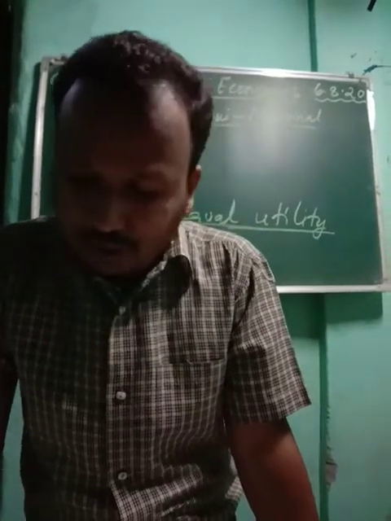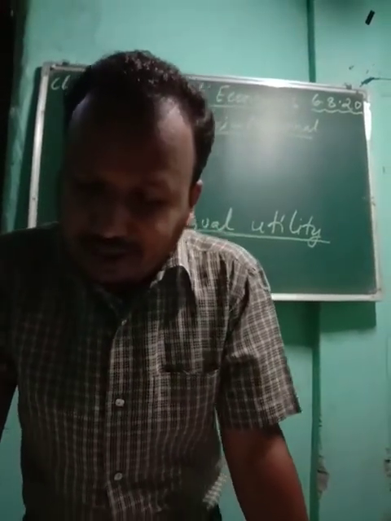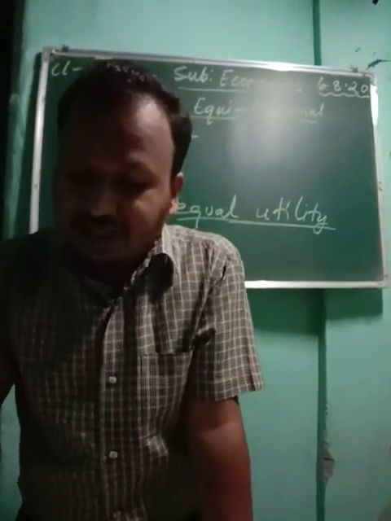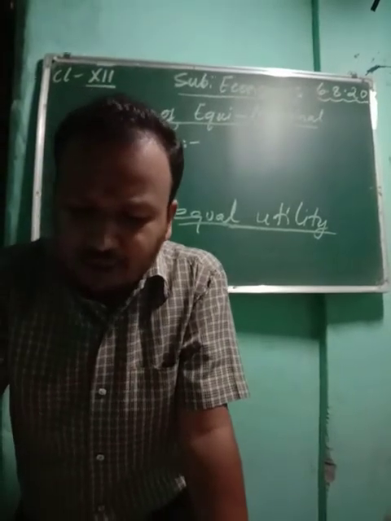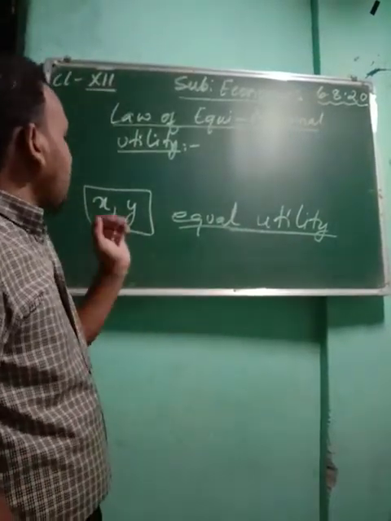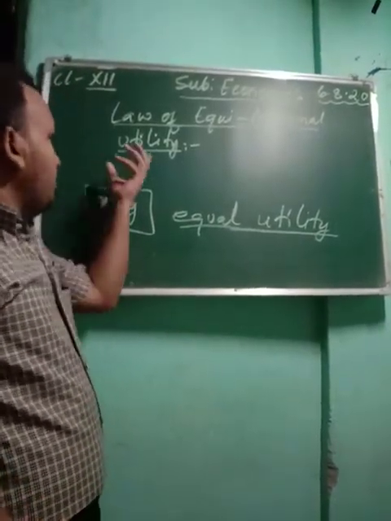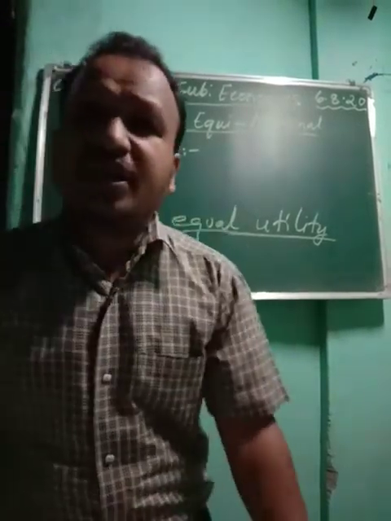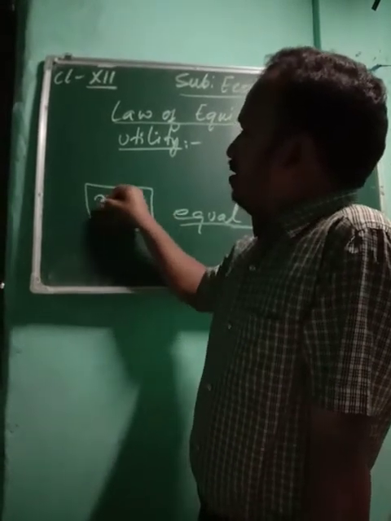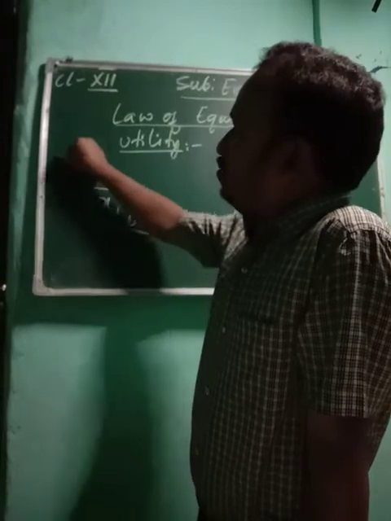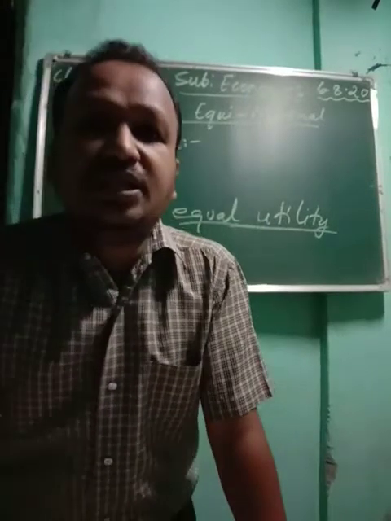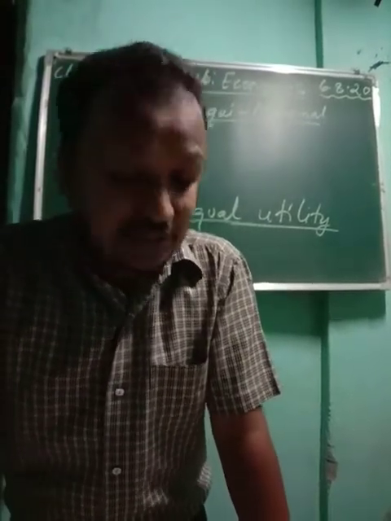So again I'm saying, law of equimarginal utility states that if a person has things which he can put to several uses, he will distribute them among these uses in such a way that he will get the same utility from both X and Y. There will be a given income, and that income he has to spend on both the commodities. So if suppose the income is 20, he has to spend the 20 on both the commodities, but from both the commodities he will get equal satisfaction.